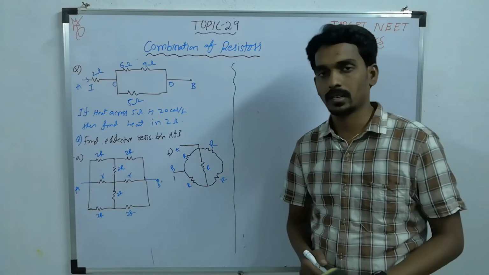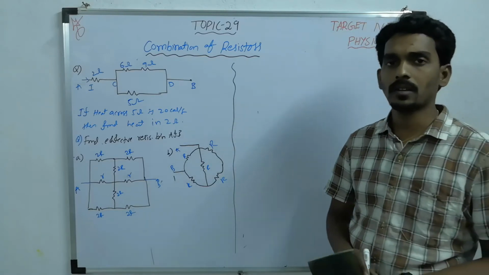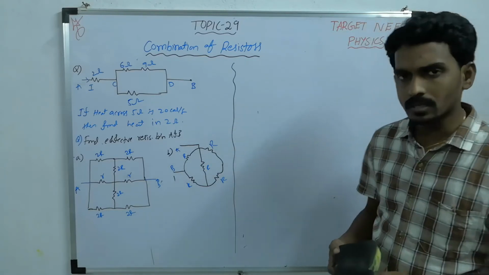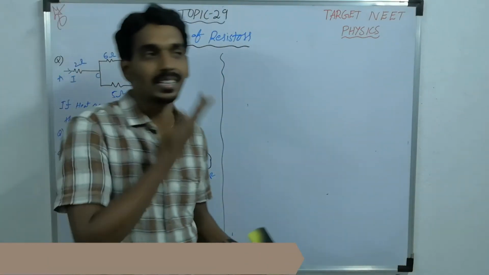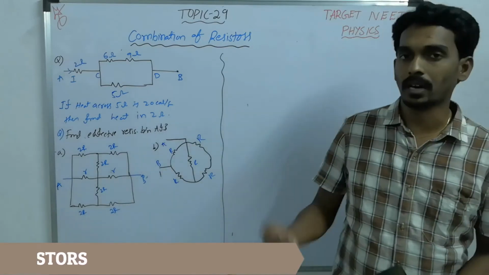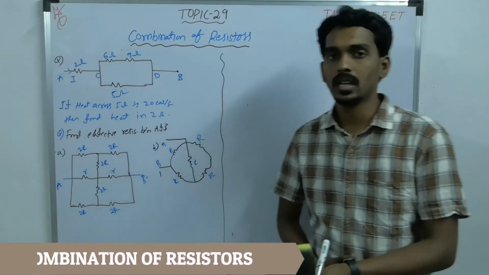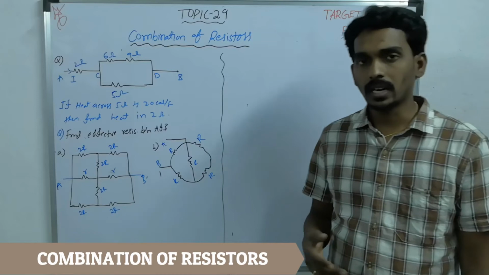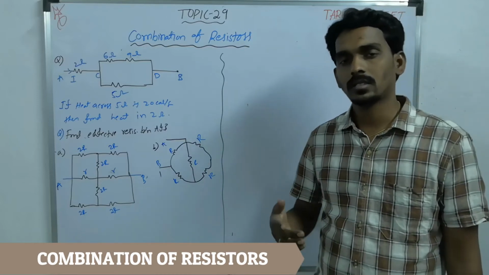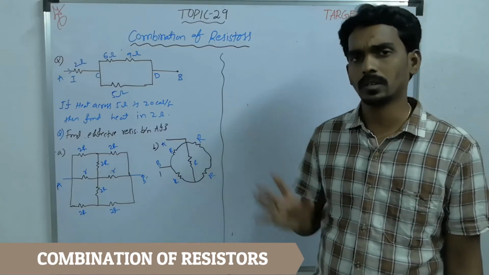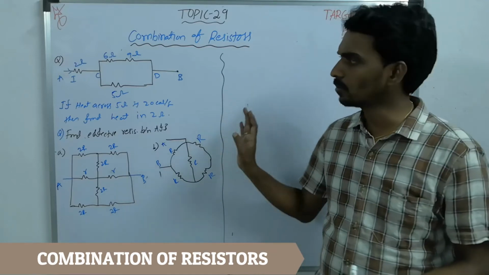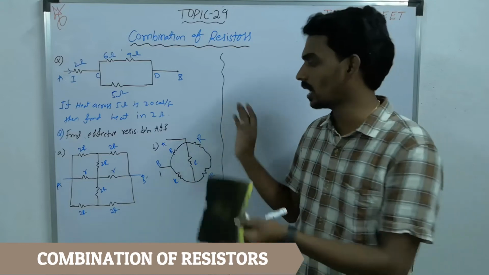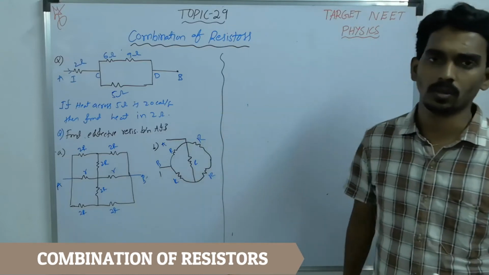The ninth topic, that is combination of resistors. First thing I would like to suggest you is that don't go for big circuits, big formulas or big methods like the star delta method, junction method or symmetry method, whatever it is. First, let us try to understand the simple way only. That is the most important, and most of the time they ask questions based on this only.